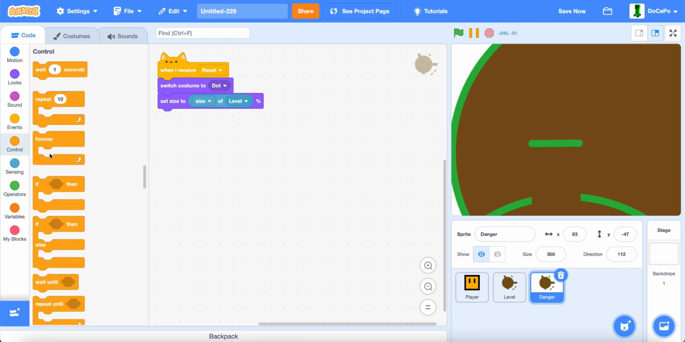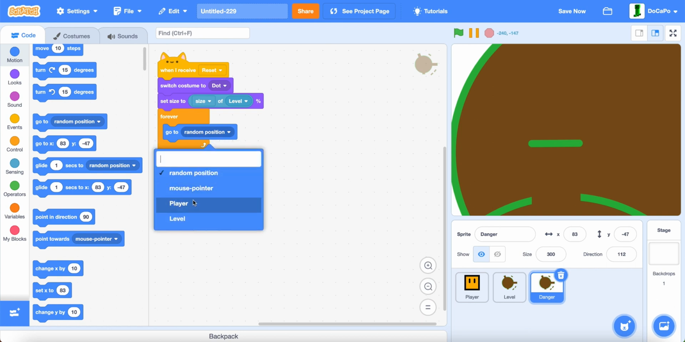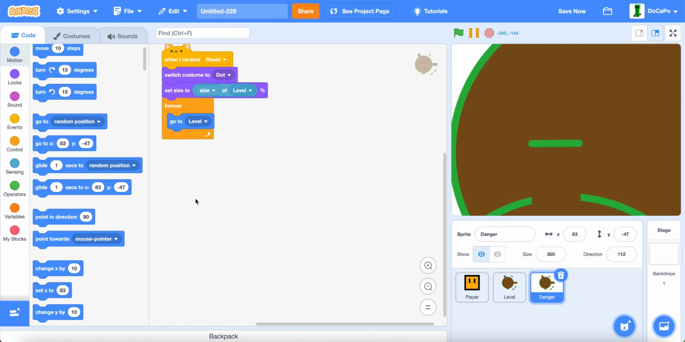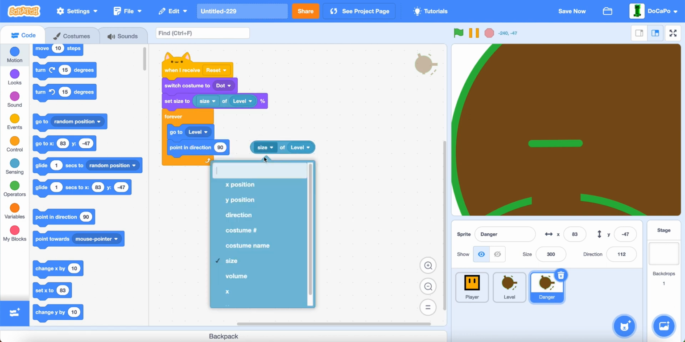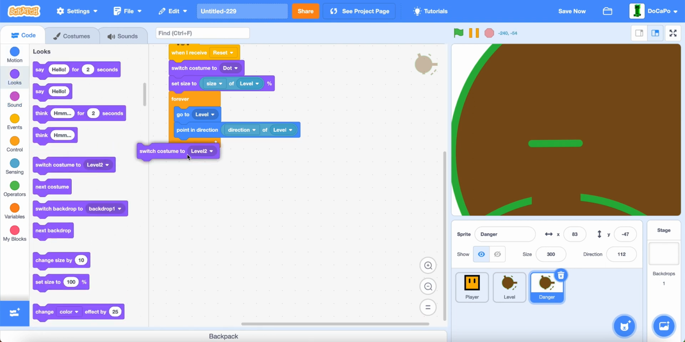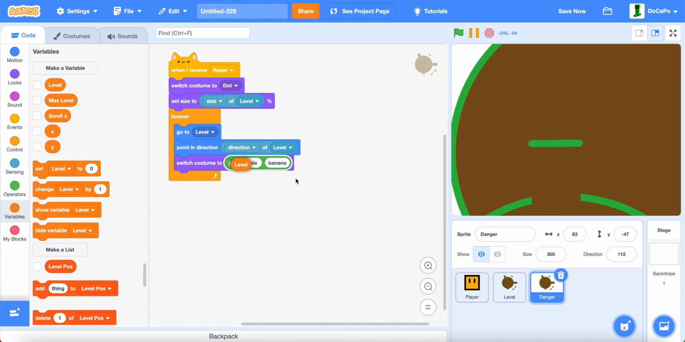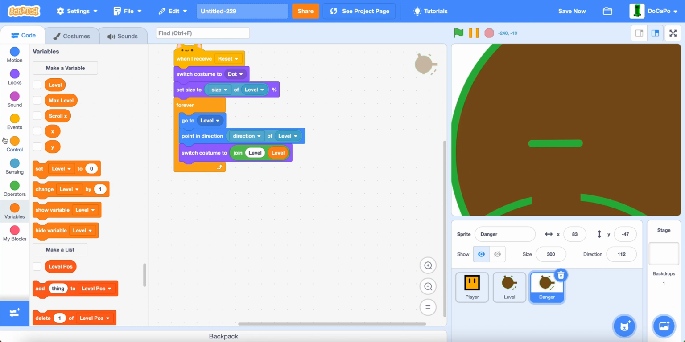and then forever go to level, point in direction of level, and then switch costume to level, join level,